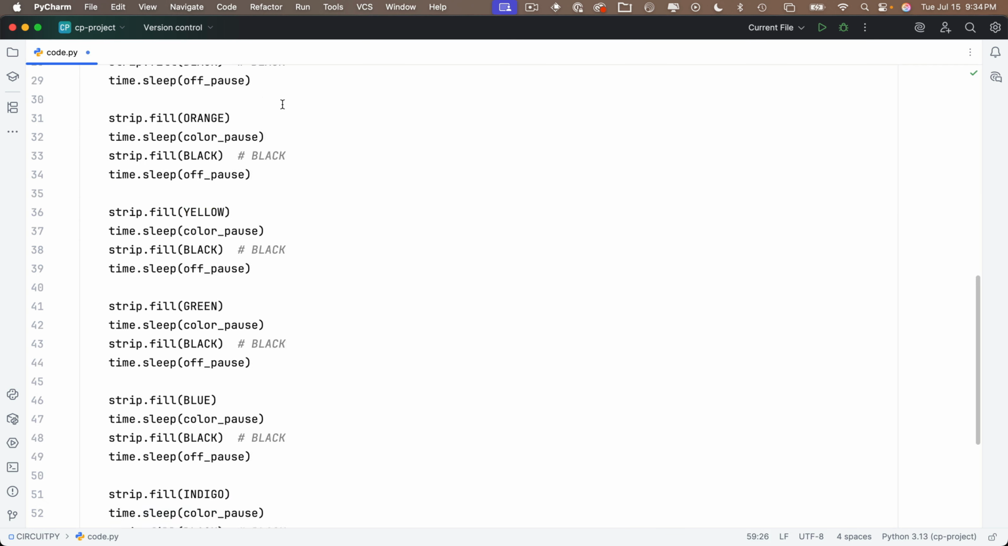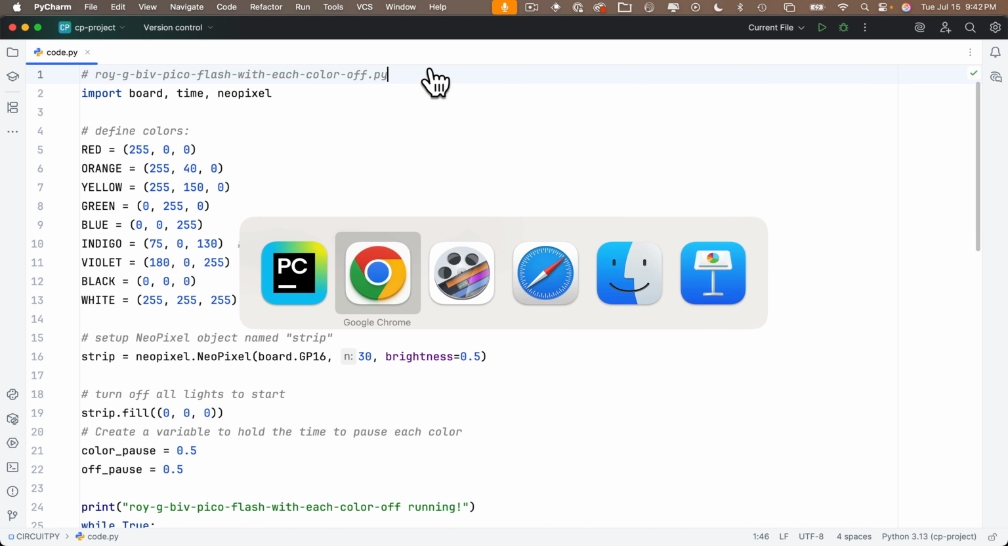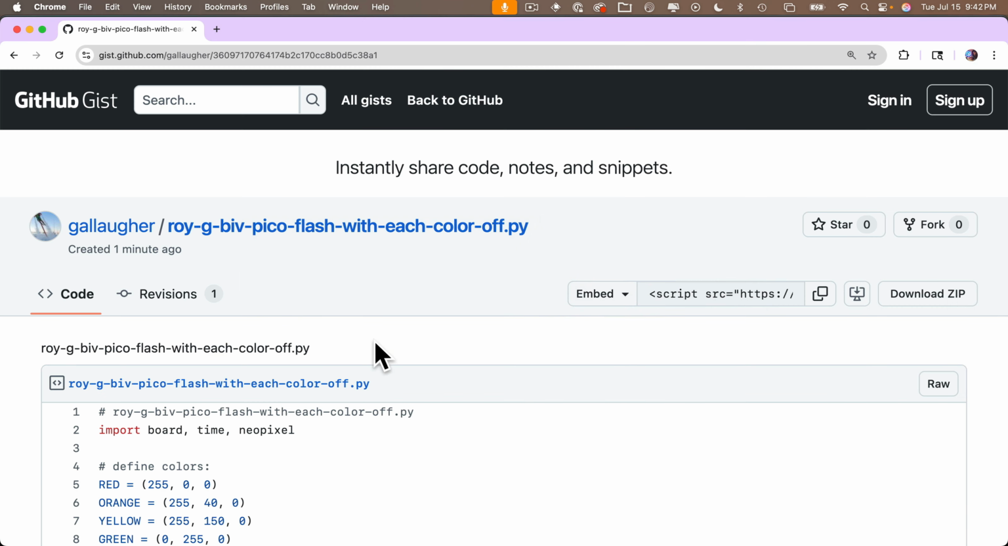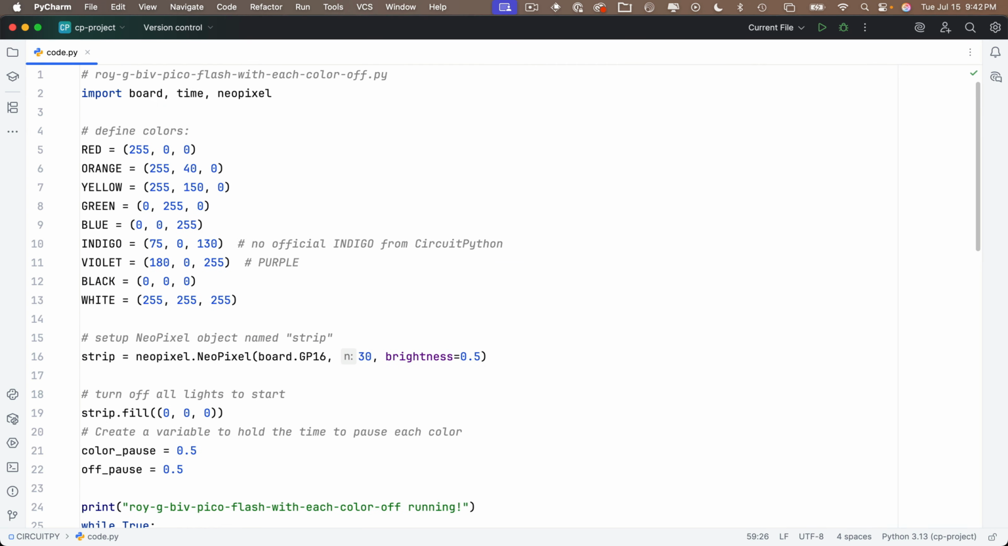And if for some reason you jumped to this lesson or you lost your earlier code, I've got a GitHub gist link in the description that has the same code, so you can copy it, paste it in here, and dive in right away. Now, if we look at the code that we wrote in the previous lesson, we see